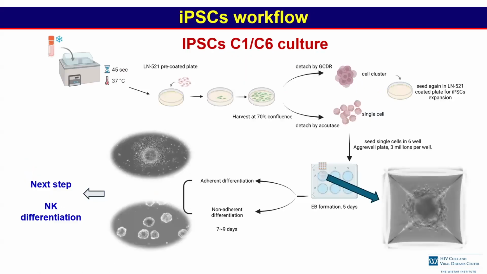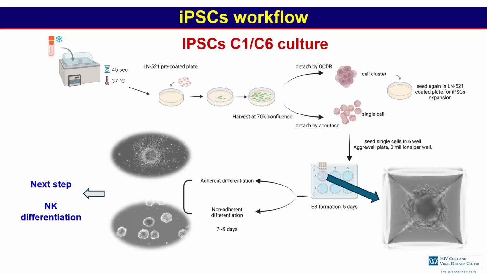So for the iPSCs, again, we follow the protocols that were given to us by Accelerated Biosciences. Here the cells were thawed, put in a pre-coated plate, and harvested. When they were at 70% confluence, they were detached either by GCDR or by Accutase. The ones detached by GCDR were placed as a seed cluster to another plate, and they were